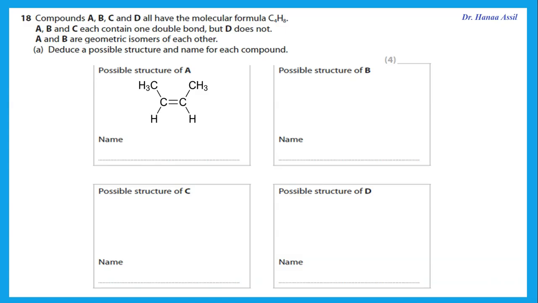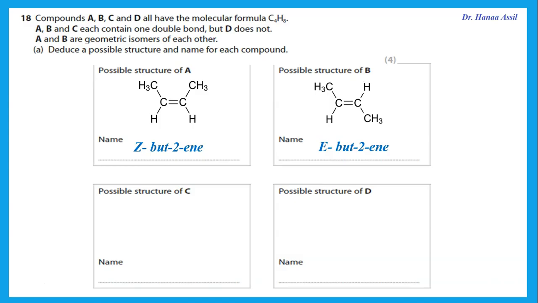The one in the middle will form geometric isomers, because I can either have these methyl groups on the same side of the double bond, in which case we say that is a Z butene, or on opposite sides of the double bond, so that is an E